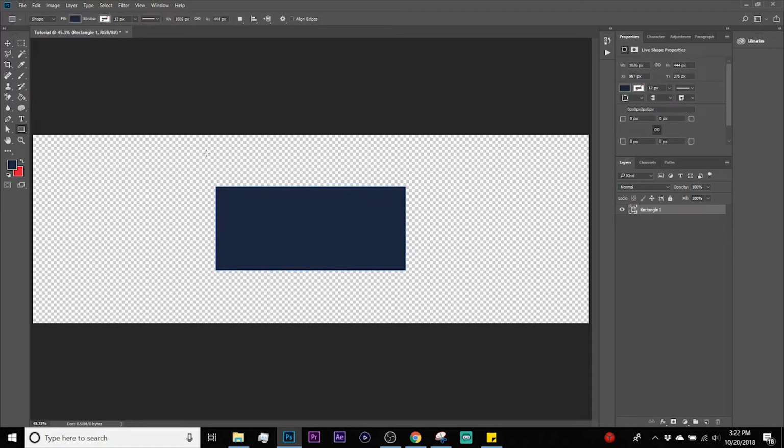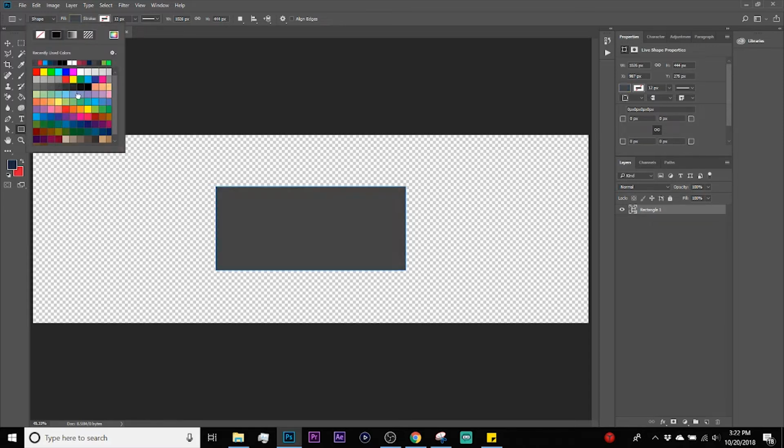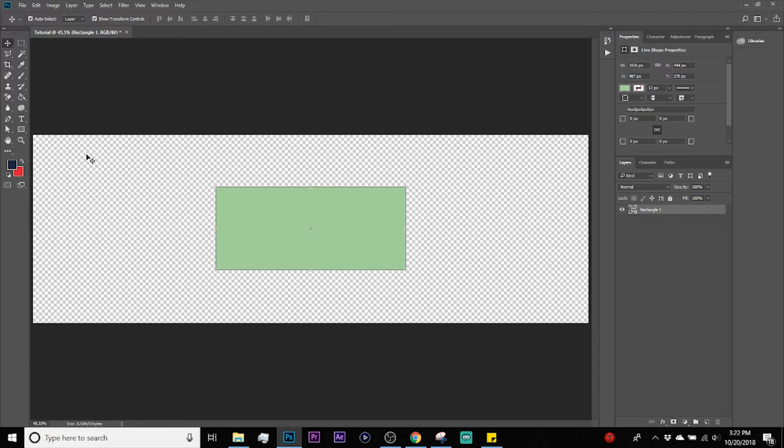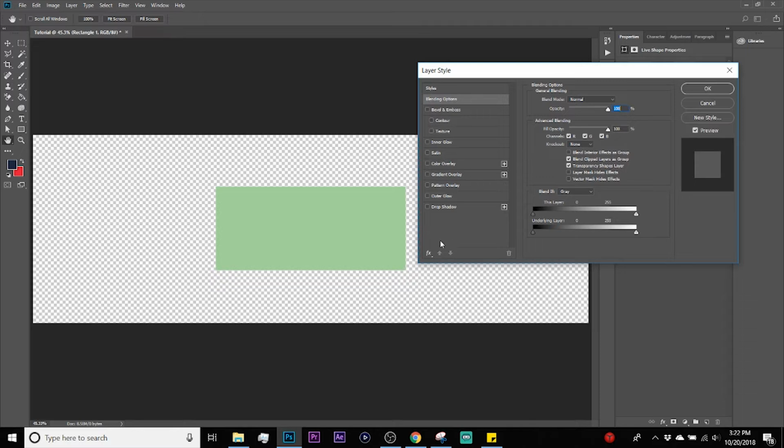So first thing is you'll always want to be in this tool. I use the U keyboard shortcut. So fill obviously just controls whatever the fill is of it. The next thing I like to do, which I think is one of the more important parts of using shapes, is that there's a difference between using this stroke up here where my mouse is and going over here and using the